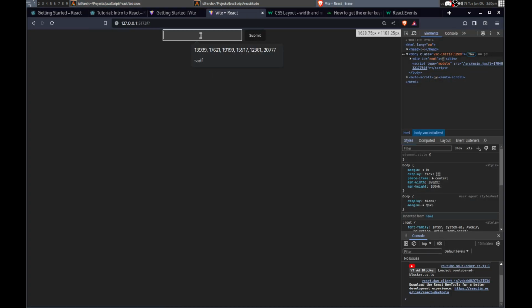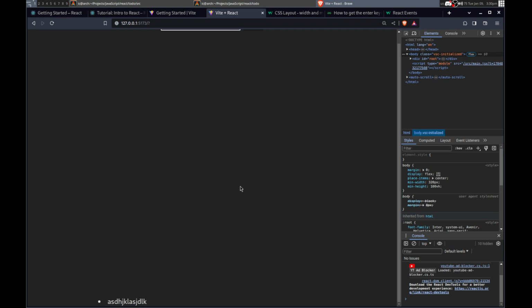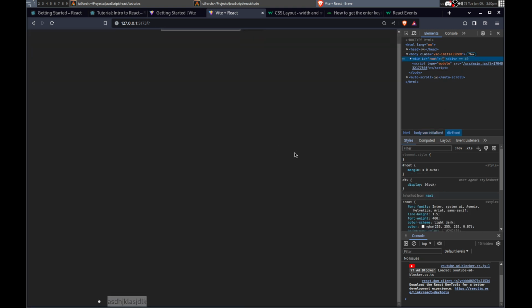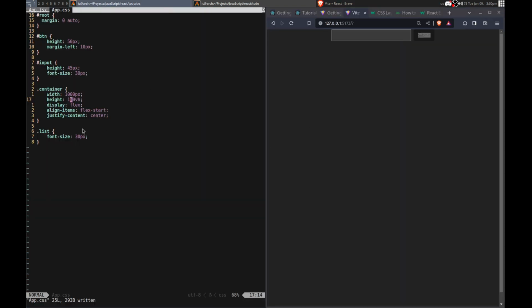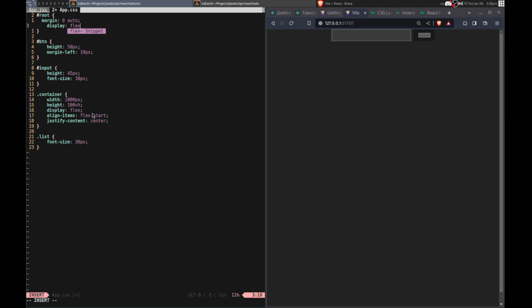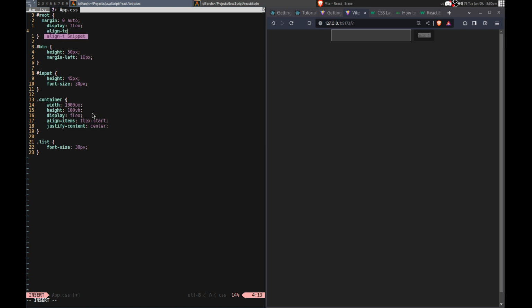That's at the top, so I want it to be just a little bit away from the top, though. That gets rid of those, so that's not right. Yeah, I see why. So maybe I want to position that at the top. So maybe I do that in here. Oops. Display flex. Align items flex start.